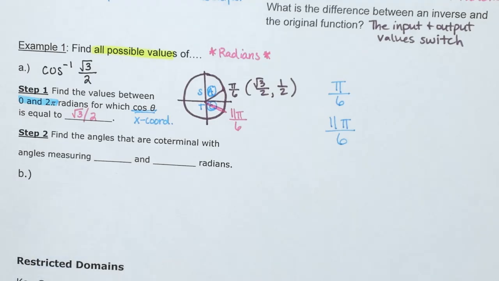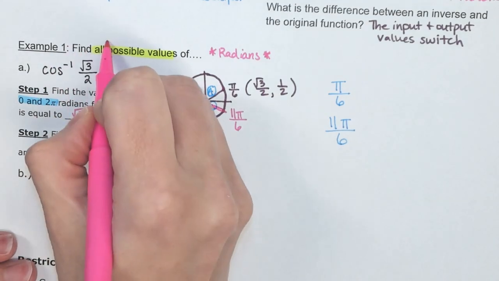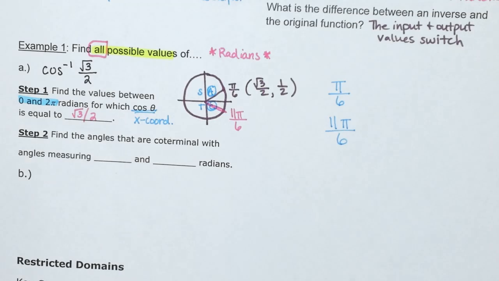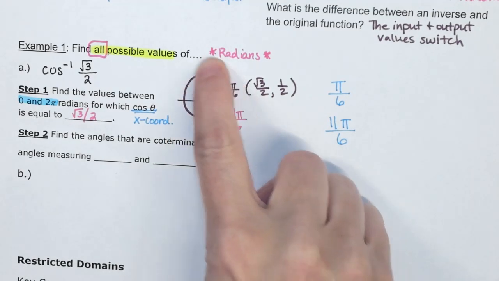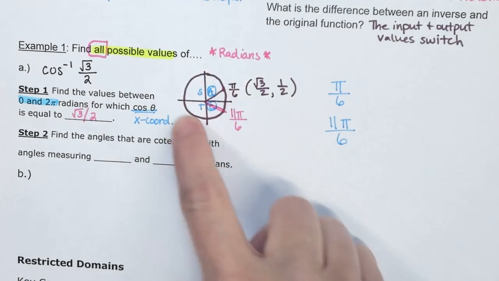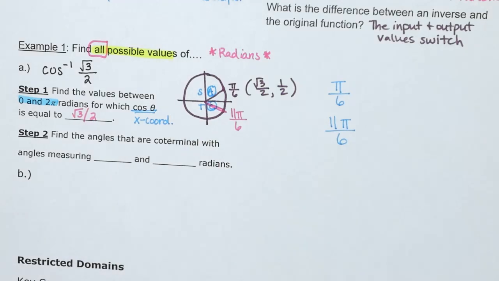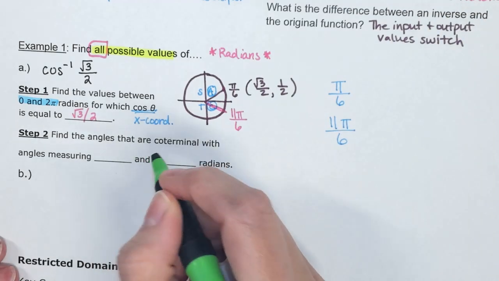Okay, because it says find all possible values, that means any rotation of this is also going to be an answer. So if I were to do a rotation, how many radians is that? If I do one full rotation, it would be 2 pi radians. Yep. So what you do to find all the angles that are coterminal